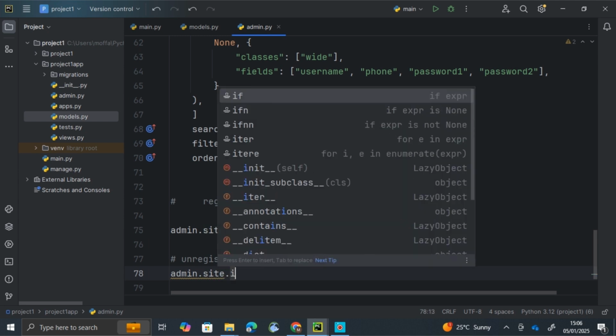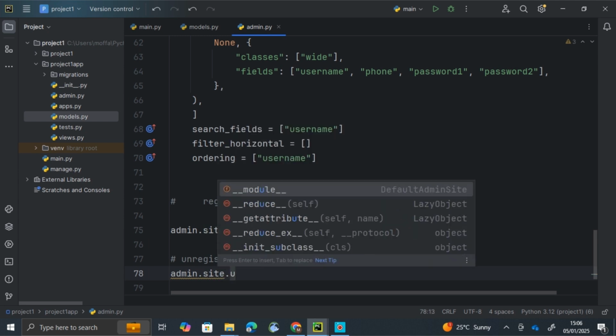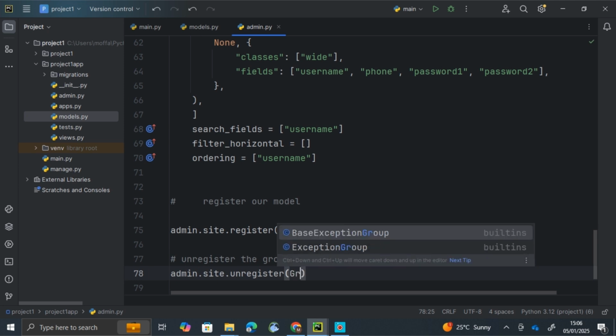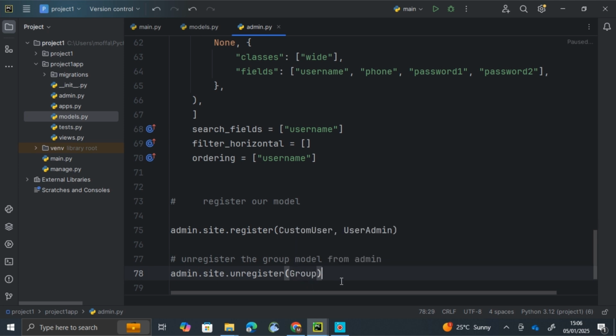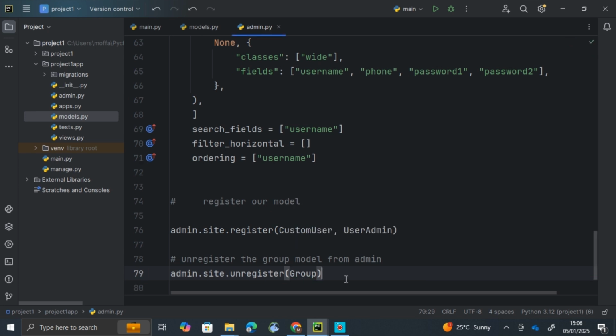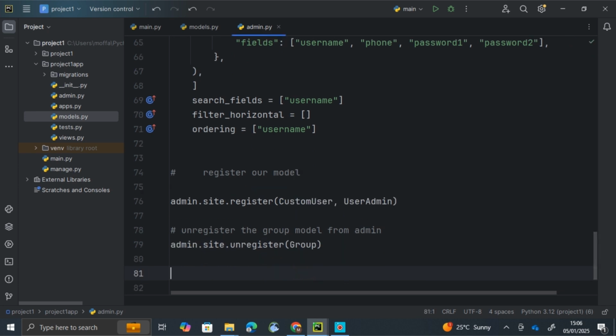So admin.site.unregister. Group is a class, so we should start with a capital letter. Import this Group from django.contrib.auth.models. Yeah, now we are done. Let's save this one. Let's now go to the settings of our project 1 app,